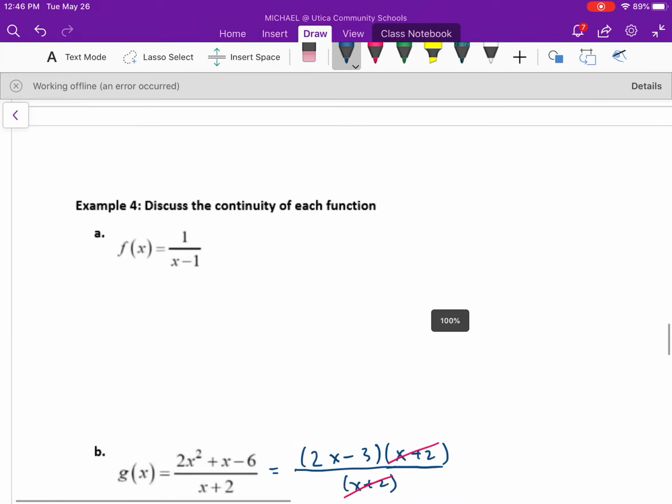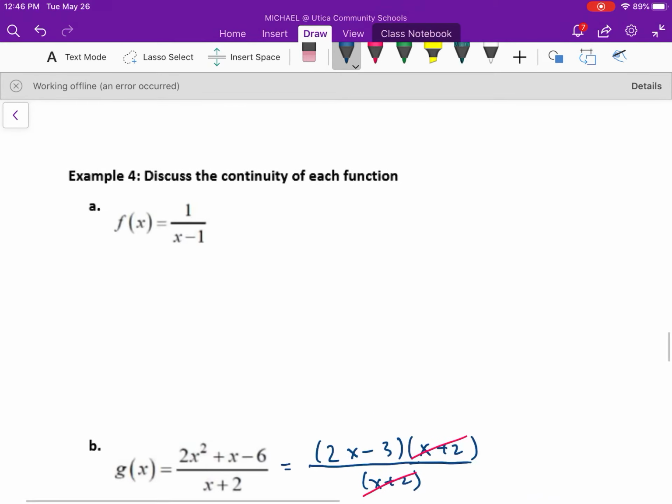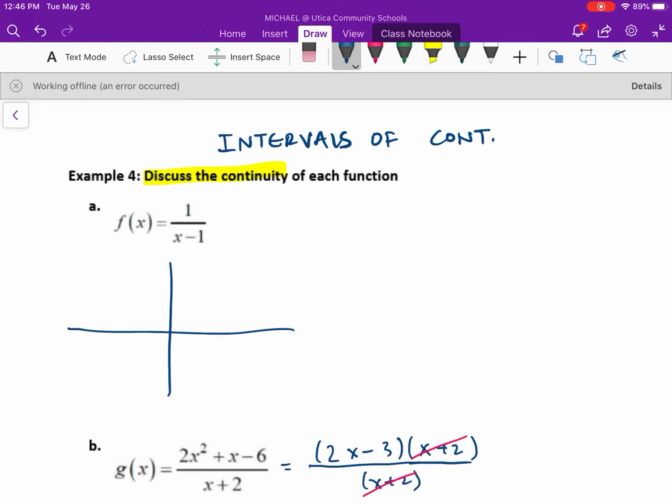All right, now let's take a look at a second type of example that we're going to look at, where it says discuss the continuity. Whenever it says discuss the continuity, they're looking for intervals where it's continuous. Intervals of continuity. Now, it's more often than not easier to find the points where it's discontinuous, and then just find the intervals, which would be everything else. So first thing I'm going to do is draw a graph, and